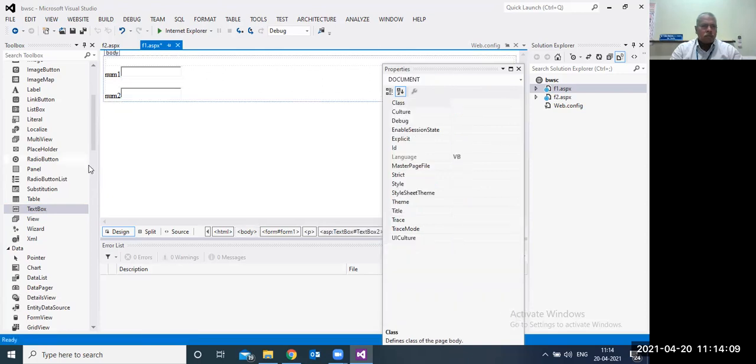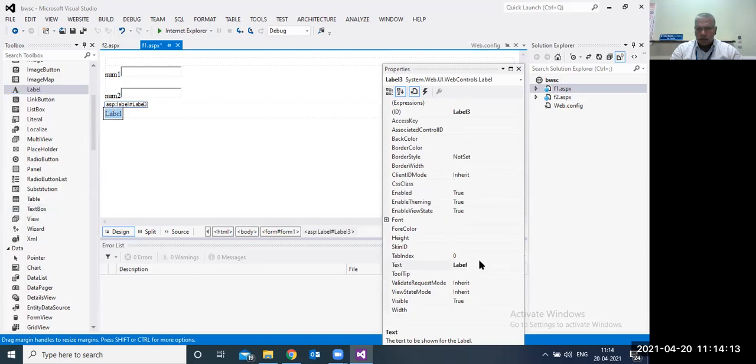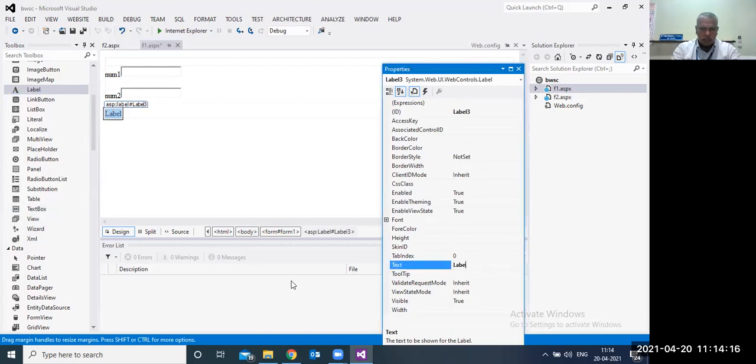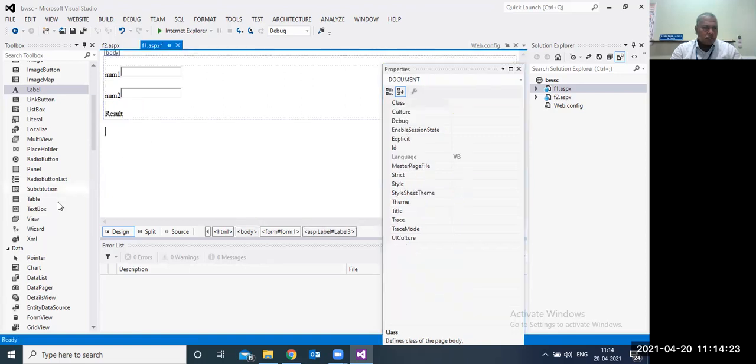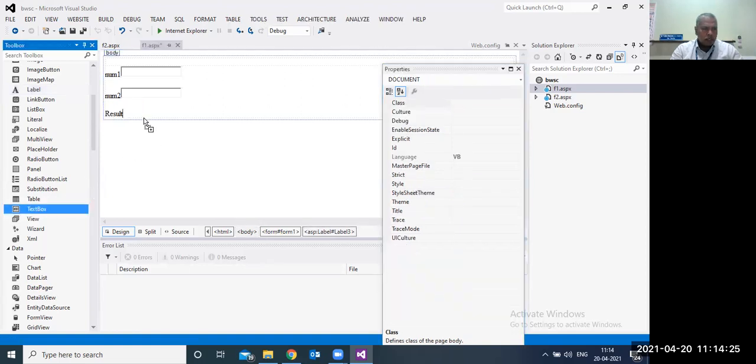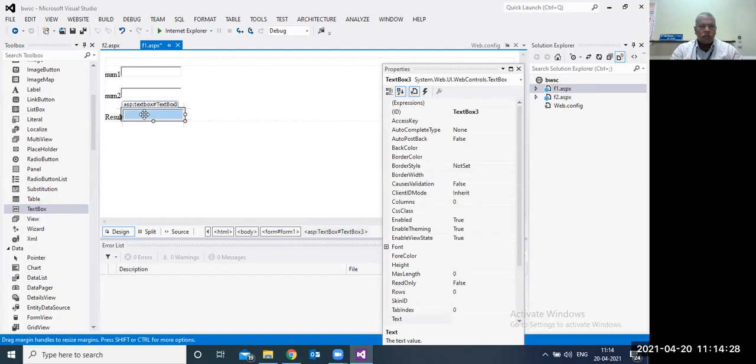Then I have to take another label for result. Make it as result. I have taken 3 labels and 3 text boxes. 2 to get the input and 1 is to print the output.